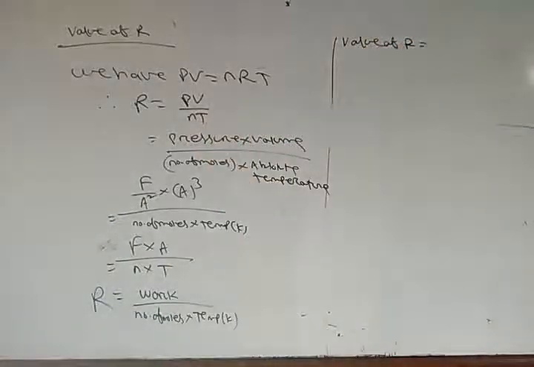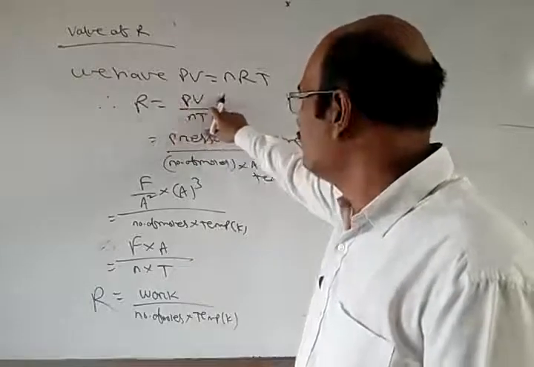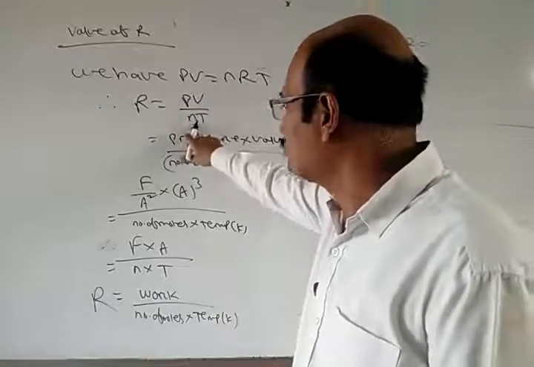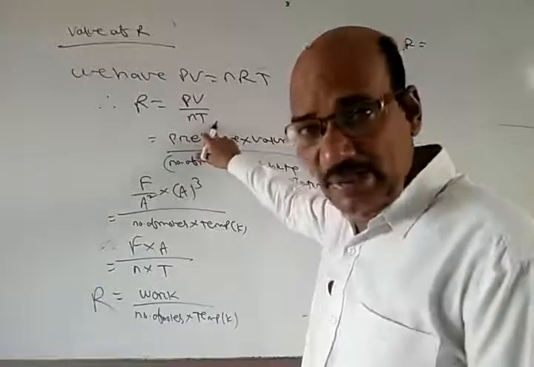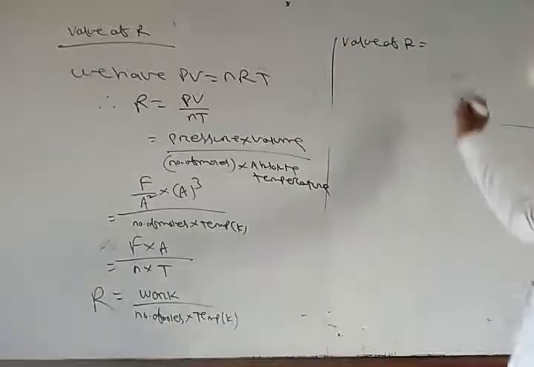If I take the pressure in atmosphere and volume in liter, n is the number of moles, and T absolute temperature in Kelvin, for standard state we get what, R equal to